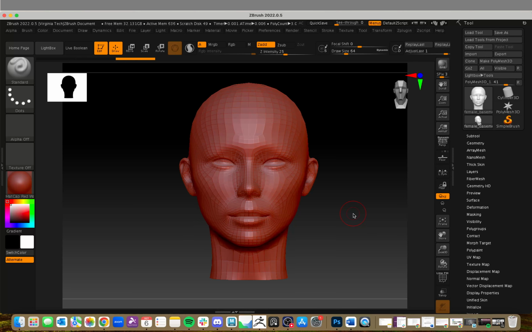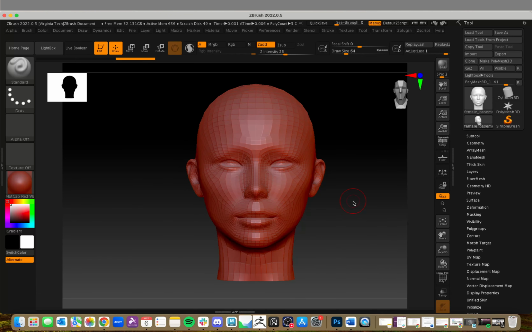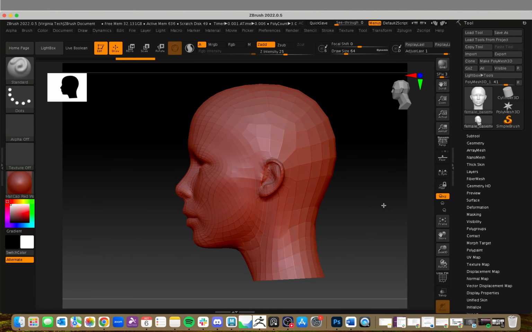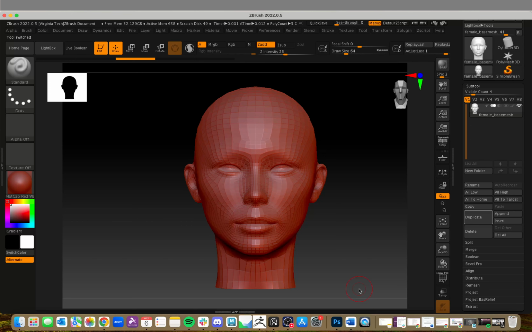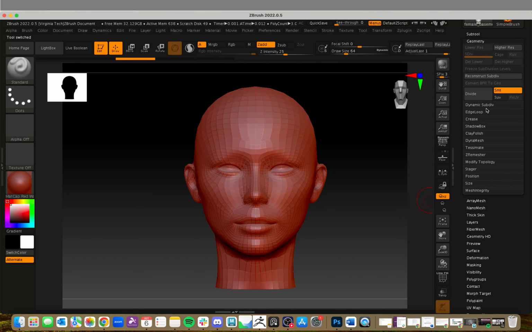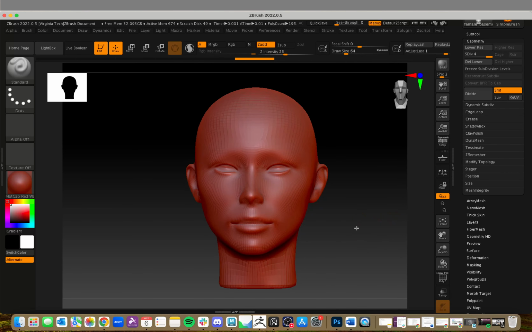I'm going to try to make this tutorial as short and sweet as possible without rambling too much like I tend to do, unfortunately. So the first thing to do is to subdivide this mesh a couple of times. So I'm going to subdivide it, let's say 4 times, and then